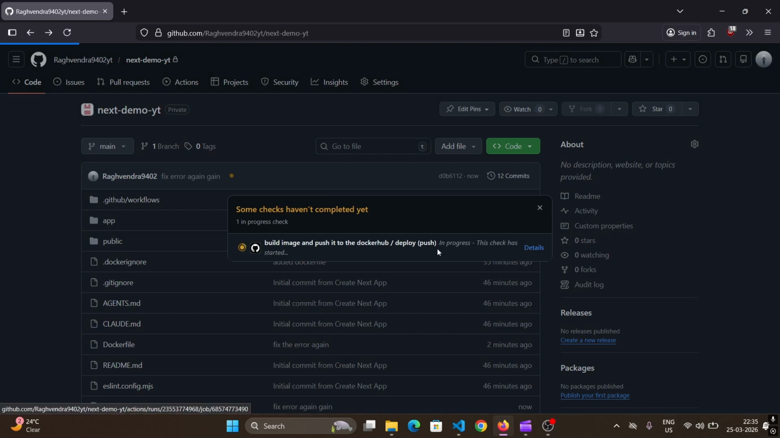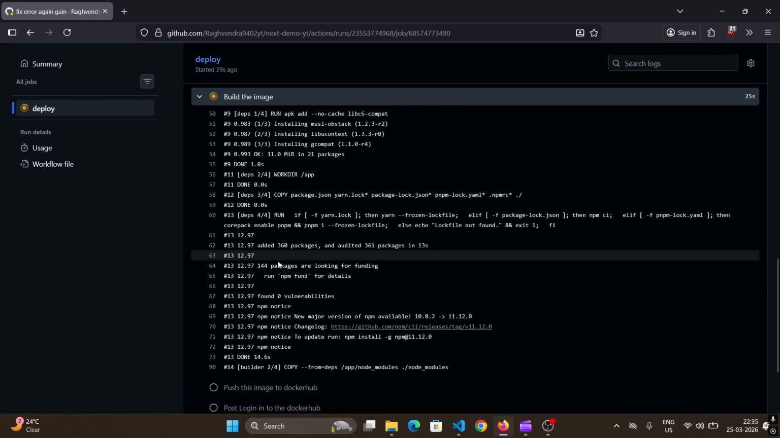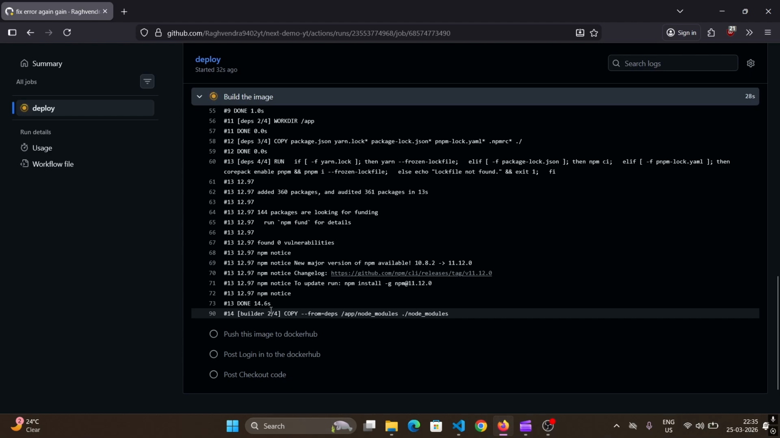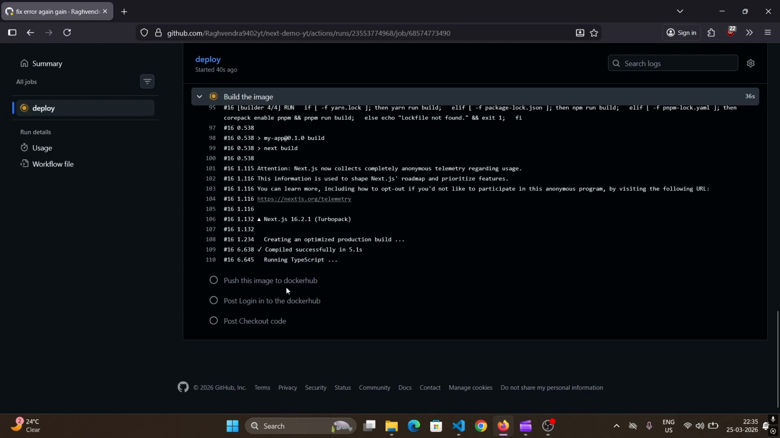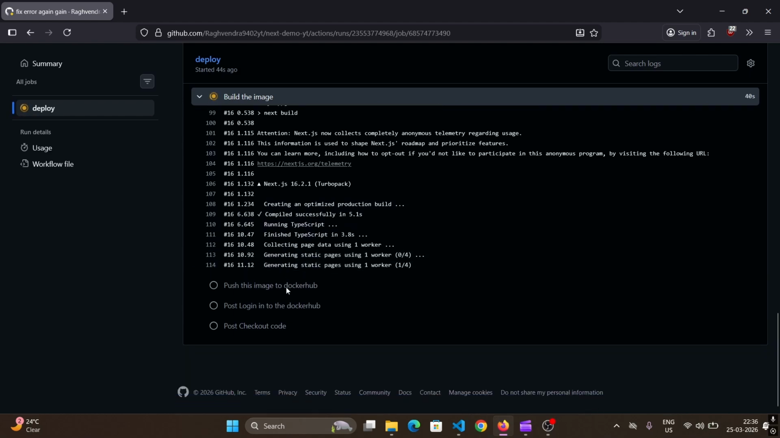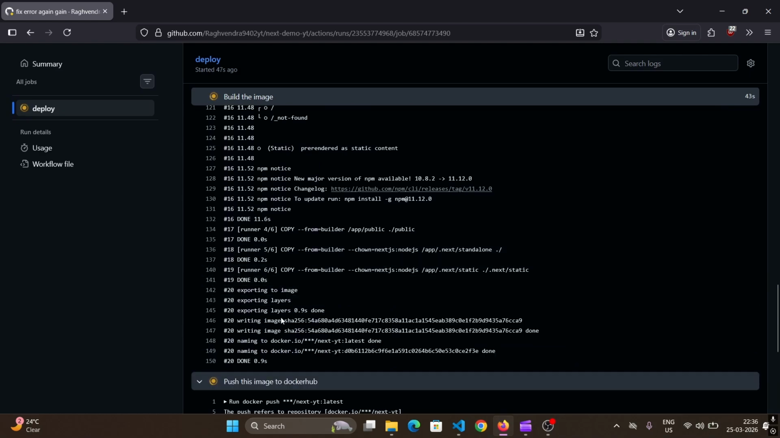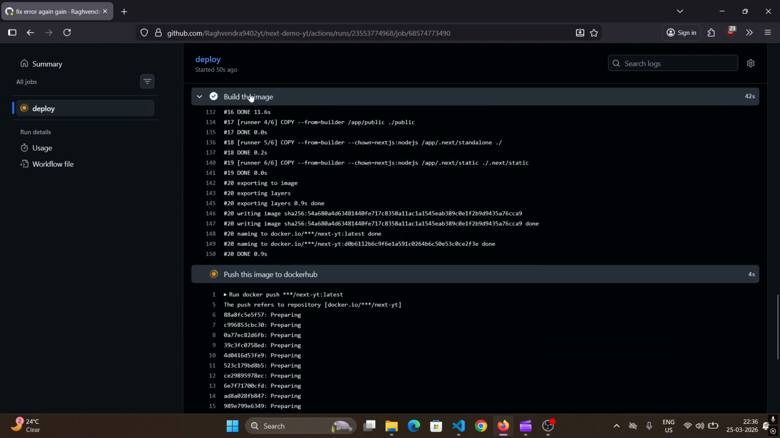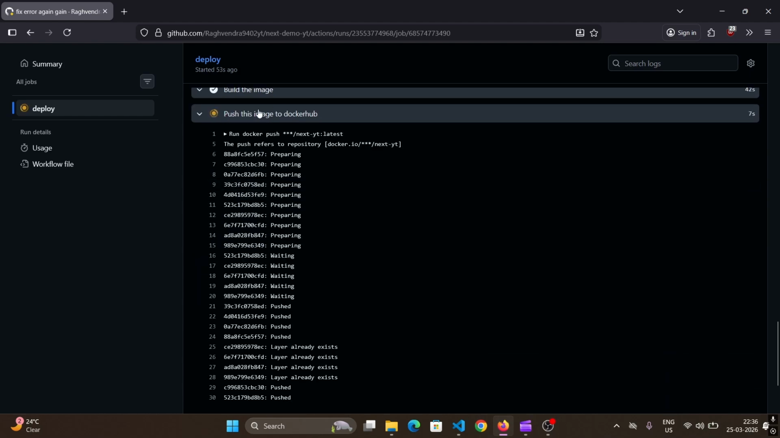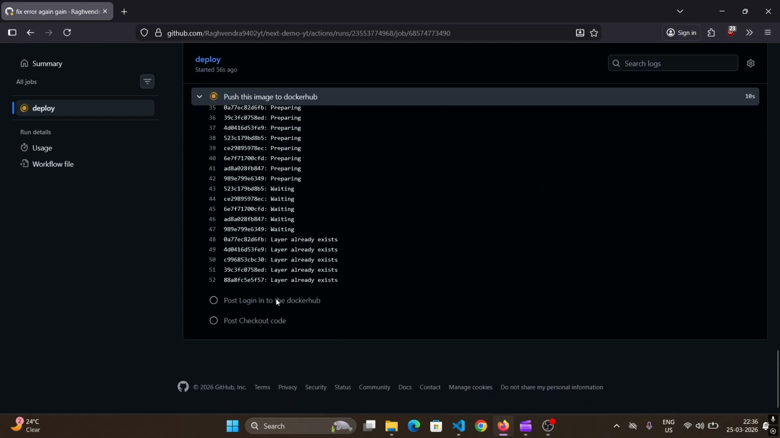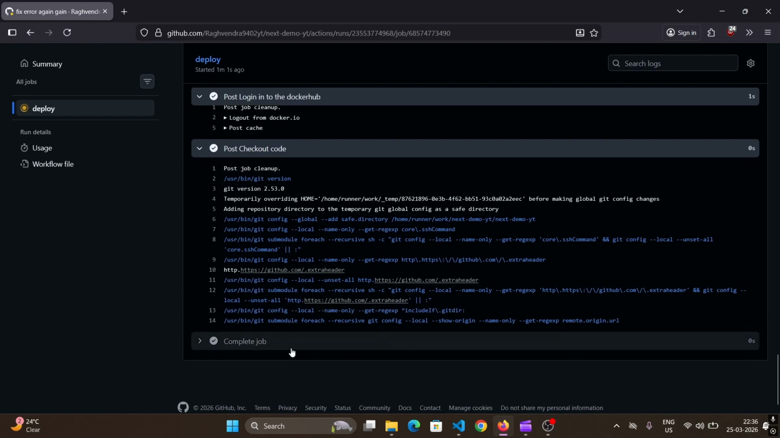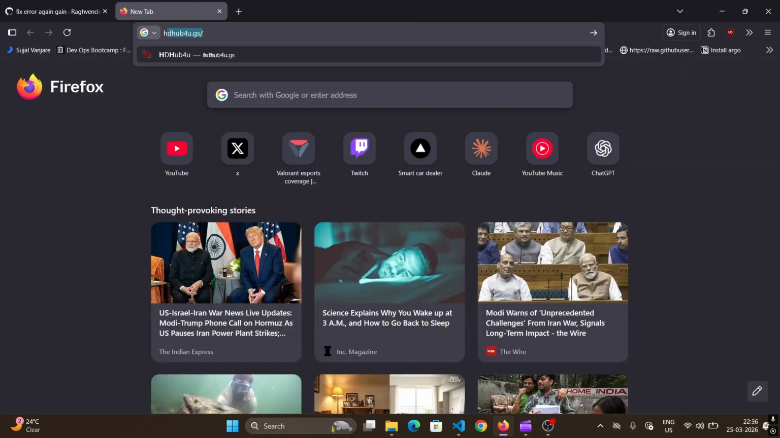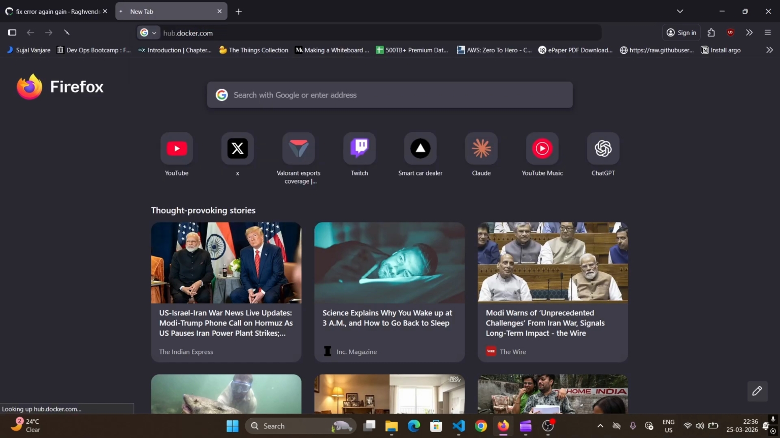It's running, building image. Let's see the builder stage. This time the image build succeeded. Pushing this image to DockerHub. Layer already exists. The image has been pushed. Checkout post checkout code. If you go to hub.docker.com,